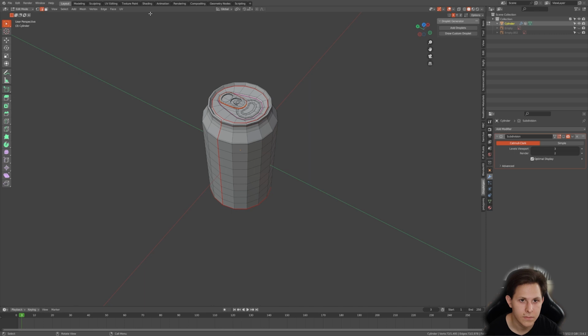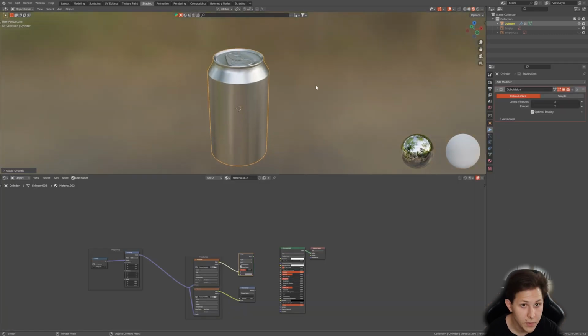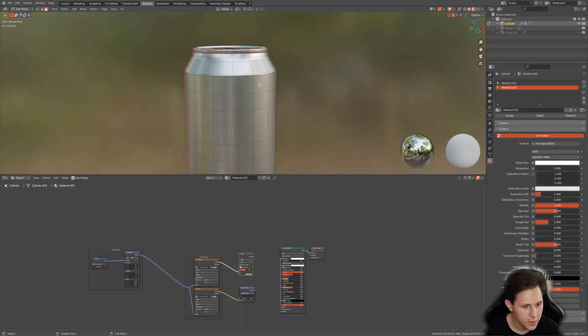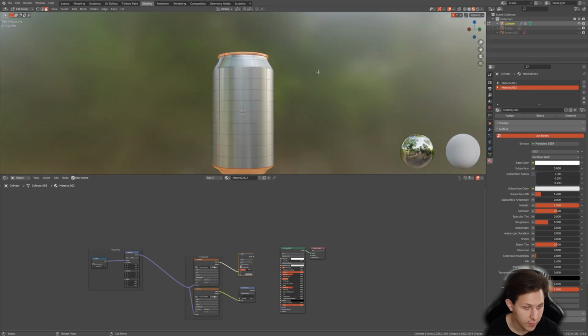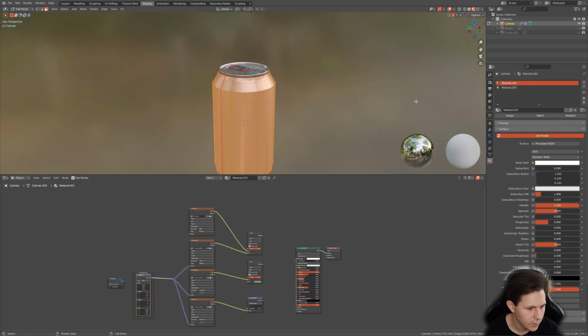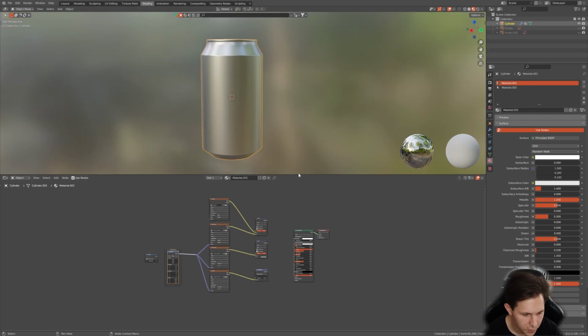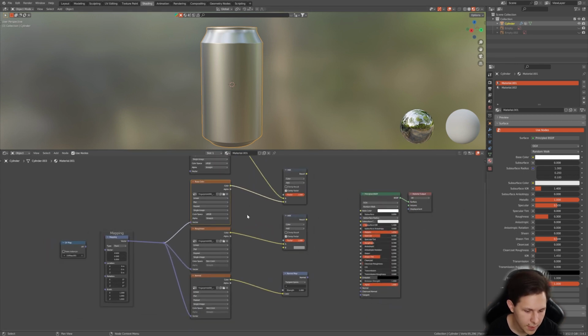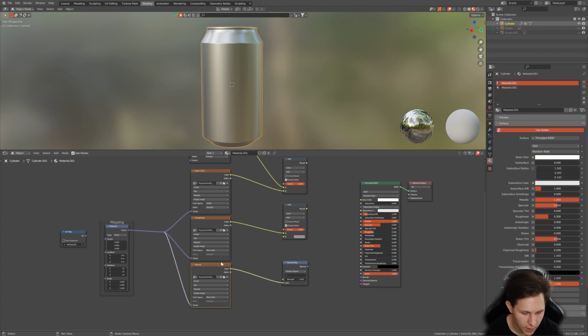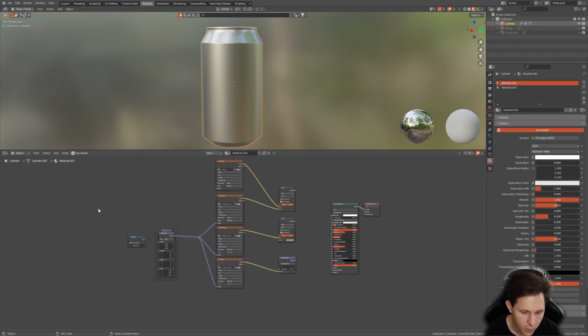Now let's add some textures, and then we will be playing with the UV maps. In the meantime, I've added two materials to my can. The first material is for the metallic-only part, without the graphic, and the other material is for where the graphic should be. I also prepared notes for myself, so let's go through these. The first one is of course the label, so that's the Pepsi Max graphic. The other ones are base color for the fingerprints texture, roughness map for fingerprints, and normal. These are connected to the mapping node, and we'll later be adding this to the UV map that we will create